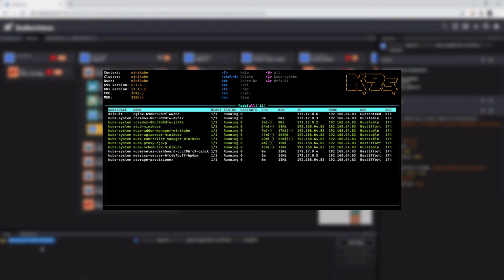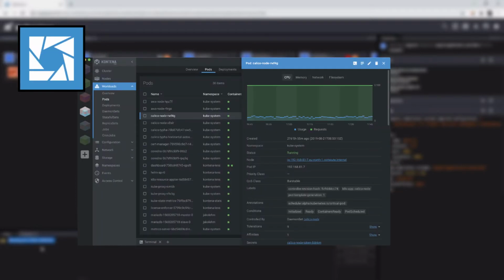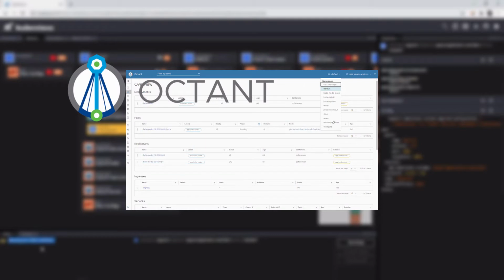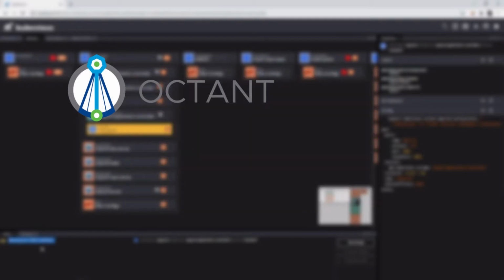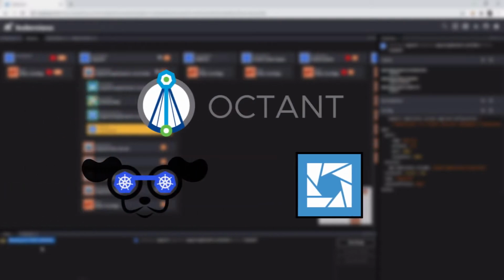Before we jump in, we already discussed multiple GUIs in our channel. K9s, a Vim-like interface with lots of shortcuts to scroll through your cluster. Kubernetes Lens IDE, a desktop application that can connect to your cluster remotely and can manage your resources. Octant, another IDE for Kubernetes we use in some of our videos. What is your favorite IDE or GUI or dashboard when it comes to Kubernetes? Comment that below and let's interact.